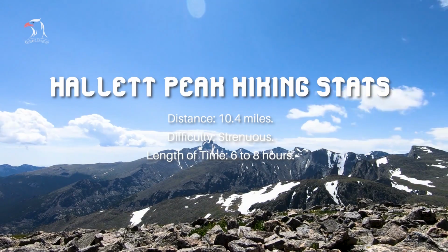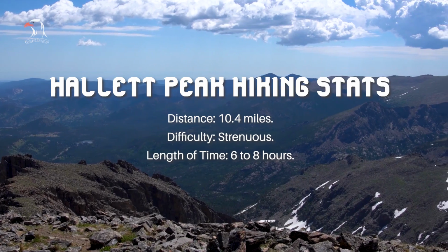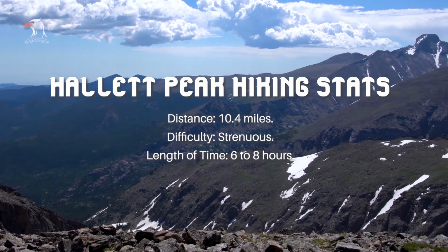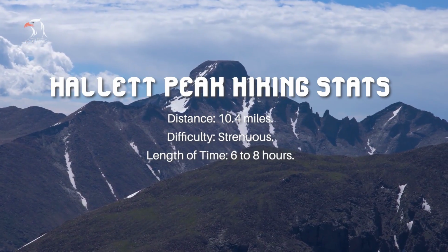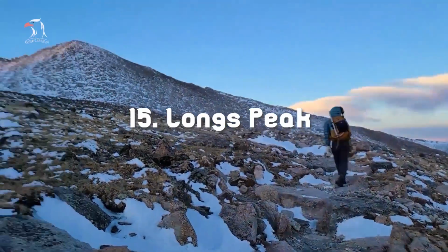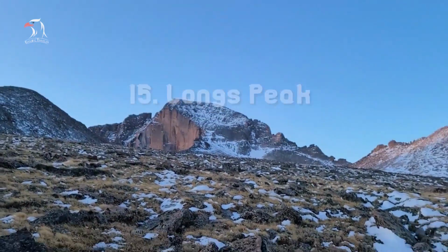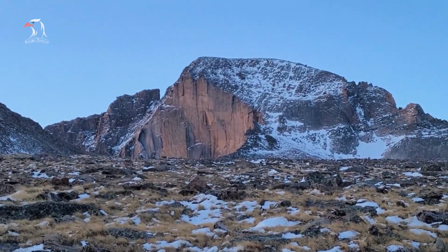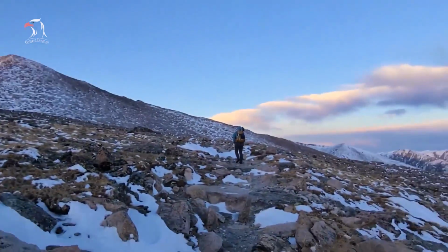Hallett Peak hiking stats. Distance, 10.4 miles. Difficulty, strenuous. Length of time, 6 to 8 hours. Location, Bear Lake Trailhead. Number 15. Long's Peak. At 14,259 feet, the only 14er on this list, the trek up Long's Peak is one of the most epic hikes